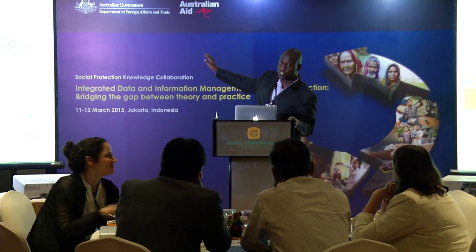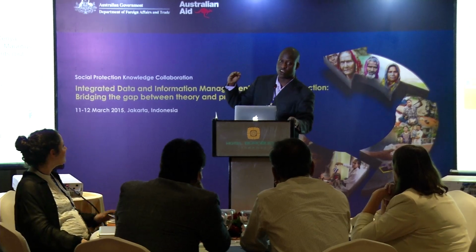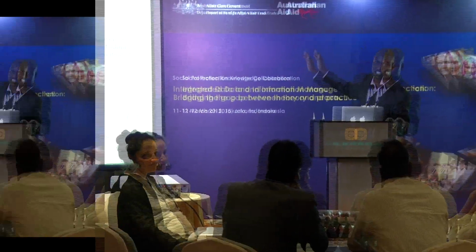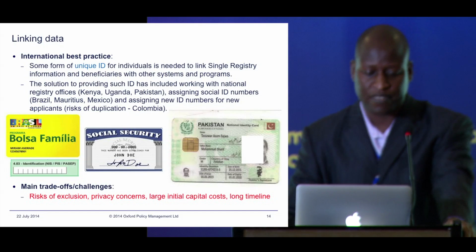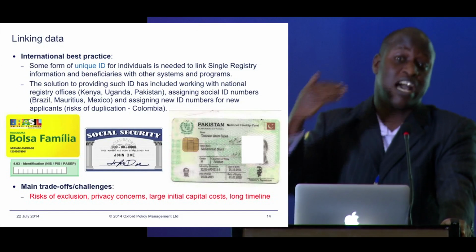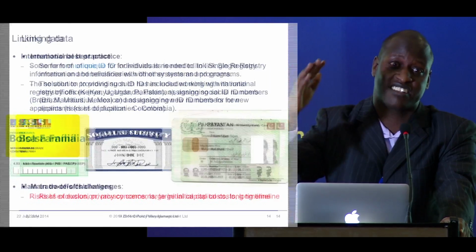And I'm not even going to ask the question, because I think we know from even yesterday's discussions that we need a form of unique ID. That's very, very clear. Once we have these registries, we've got stories, even of 16th century England industrializing because of having some form of unique ID. So we are not going to emphasize it, but it's a very critical pillar for the entire social protection and also for many other sectors.